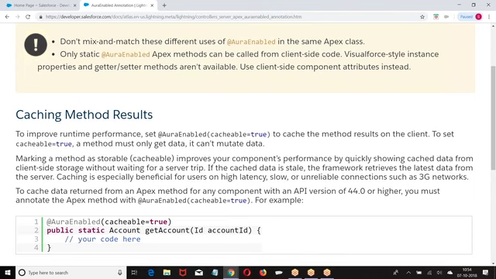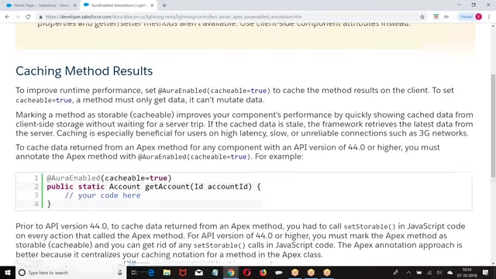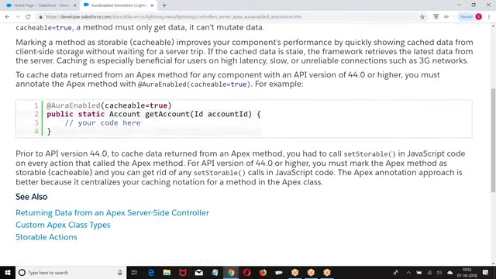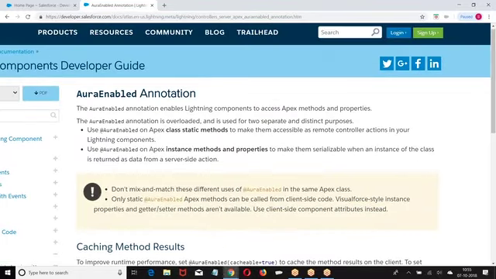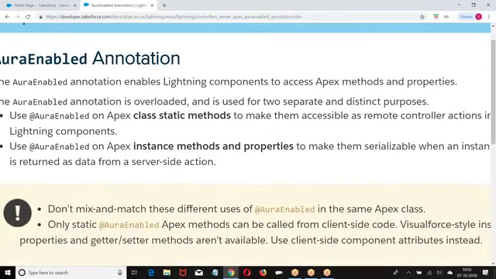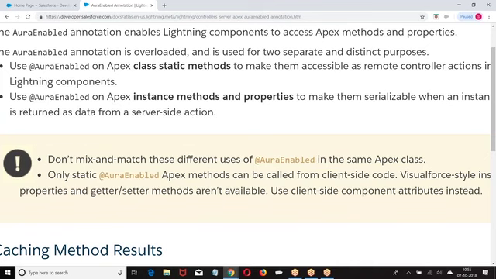If you don't have getter and setter methods for the variables, obviously the data I cannot call within a Visualforce page. Now you want to maintain cacheable=true. Practically, the usage of this is very less. But what we are going to understand is @AuraEnabled.